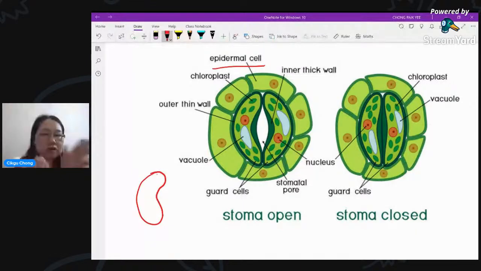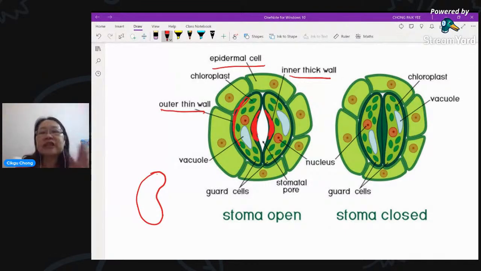So the guard cell here, you see the cell wall. I'm going to put in red color so you can see the cell wall. On the inner side here, you see it's very much thicker. The one facing the stomata pore, the stoma. This is an important feature. The inner wall is thicker, compared to the outer side, which is thinner. See here? It's thinner. And this is important in making the guard cell open and close. It is because of the thickness of the wall.